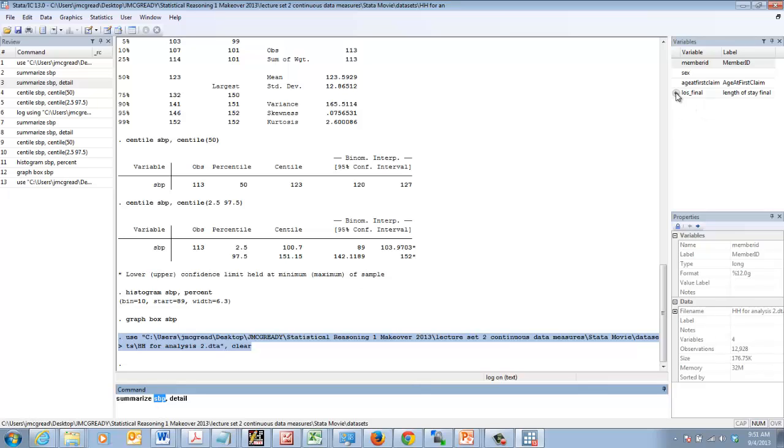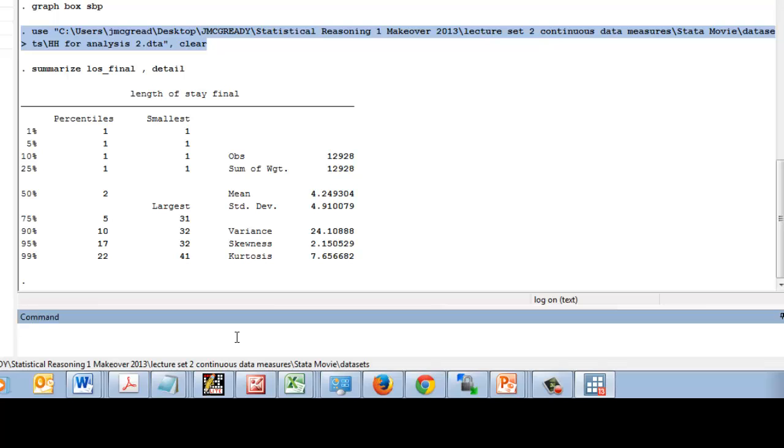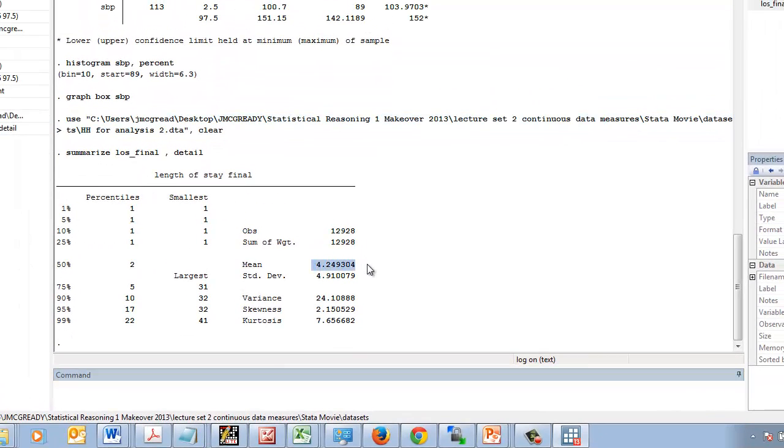If I go then to my variable window and click on the variable I want to use, like the stay final, it'll just replace it in that syntax. So if I hit return here, this tells me the mean, median, and various percentiles for my Heritage Health length of stay data, including a mean of 4.25, which I rounded to 4.3 in the